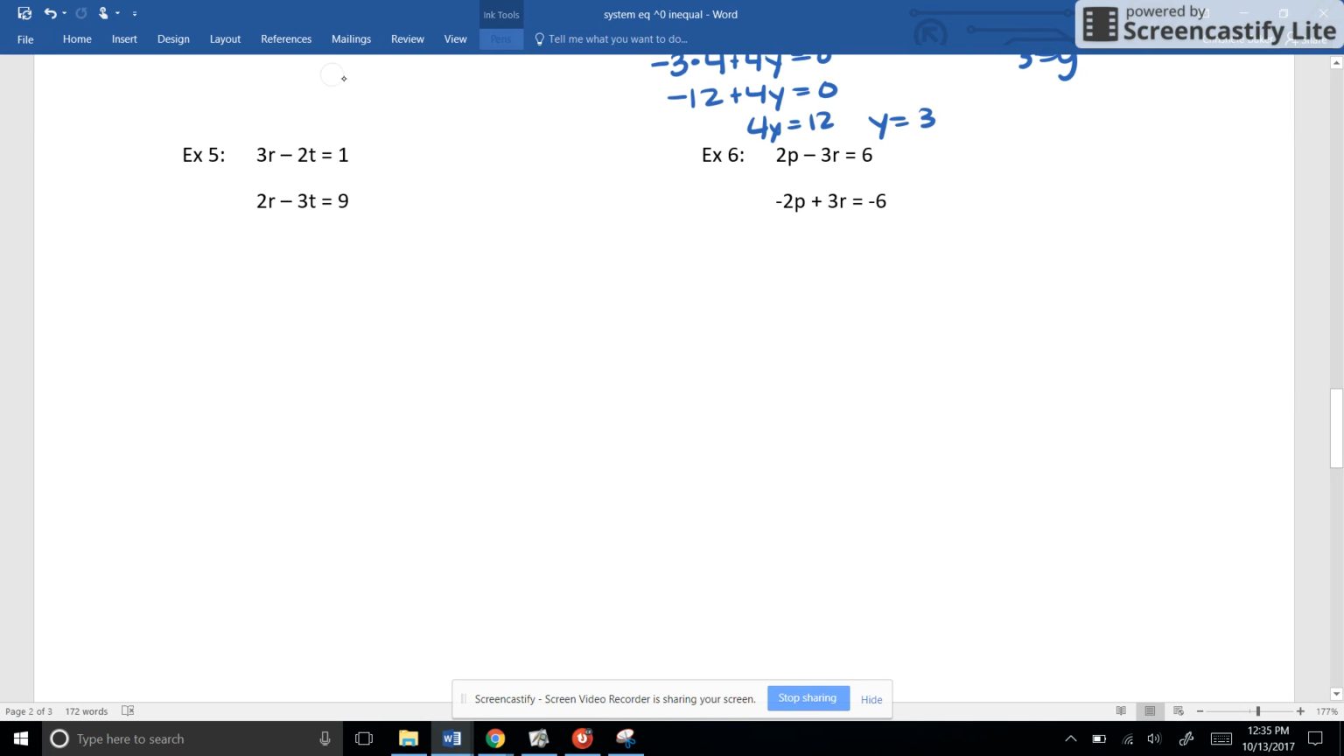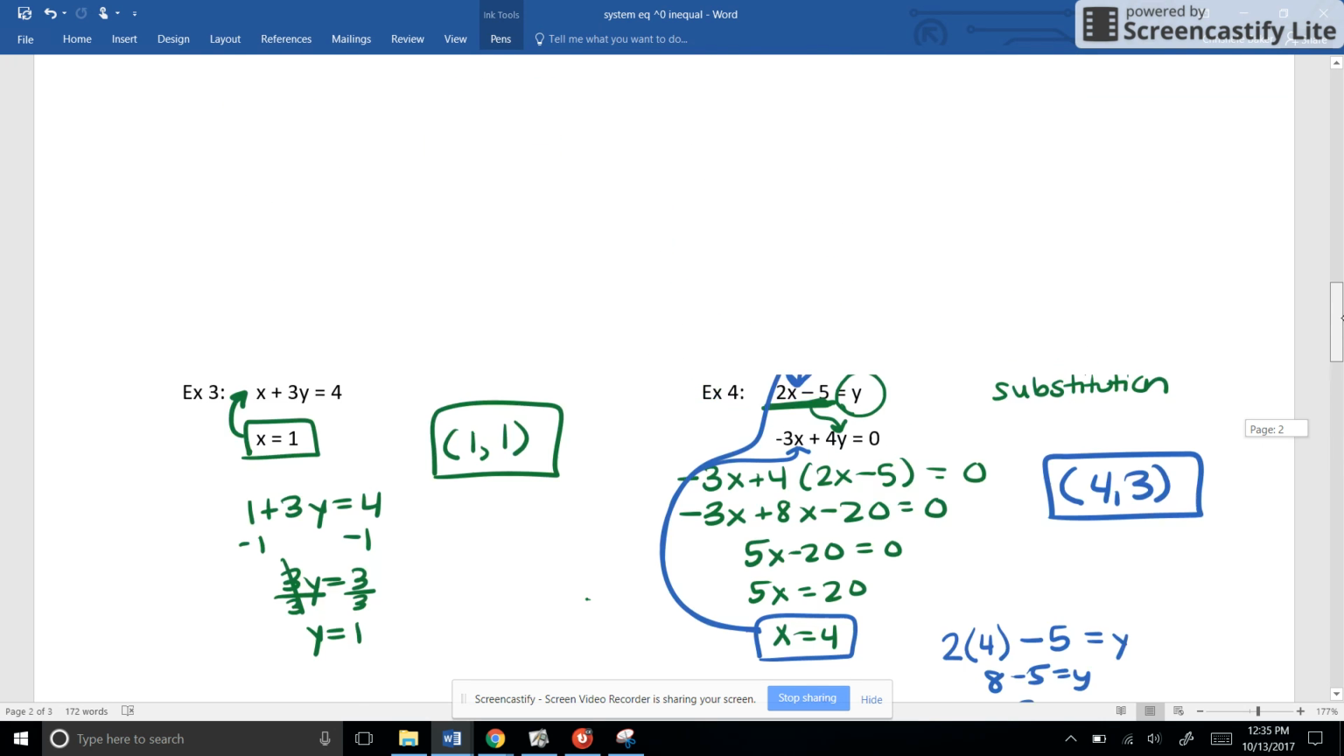On this one, you could do substitution. You could do elimination, either one. To do substitution, though, you have to get one of your variables by itself. And if we tried to do that on this example, we would involve a lot of fractions if we were to try to get r or t by itself. I'm not going to do substitution. I'm going to do elimination. And I need to get, let's go back up here and look at elimination. I need to